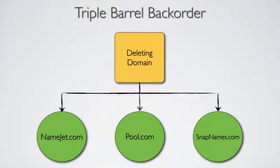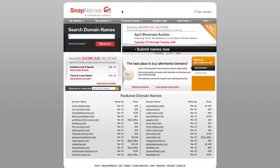So I'm going to be optimizing for the keyword envelopes, and also the key phrase envelopes online. And I think it's a pretty good brandable domain for him as well. So envelopesonline.com. So what you need to do is set up an account with snapnames.com, namejet.com and pool.com. And once you've logged in, you would come to the homepage at Snapnames, for example, here, and we'll type in envelopes online